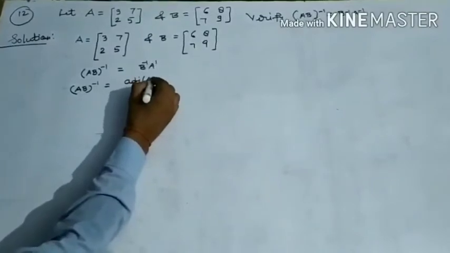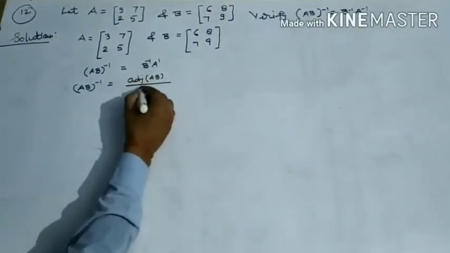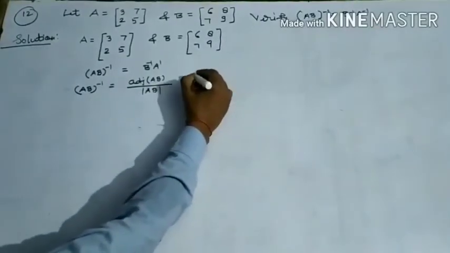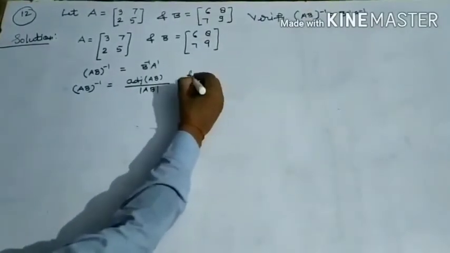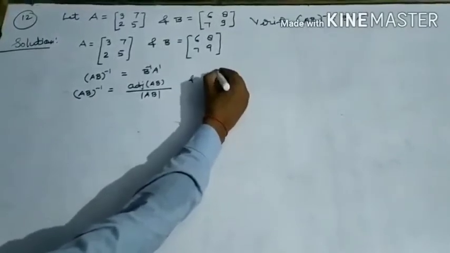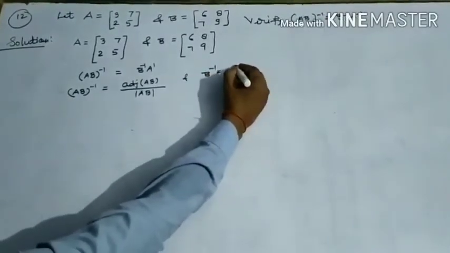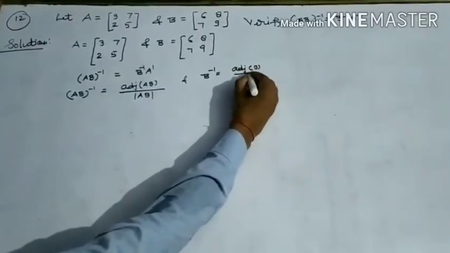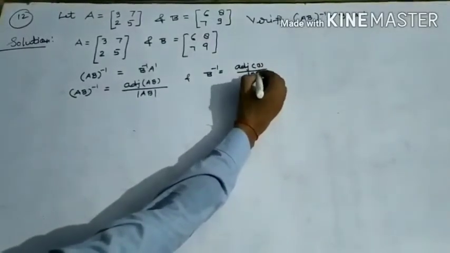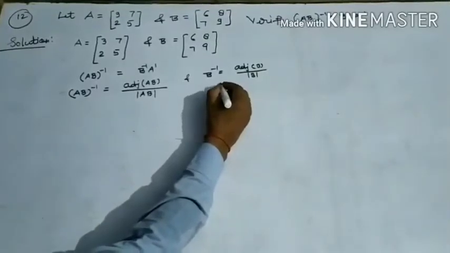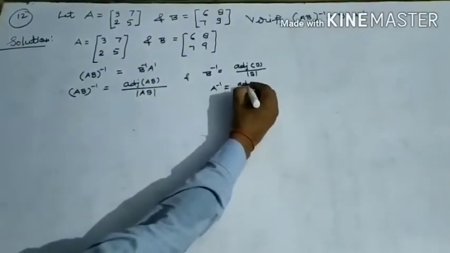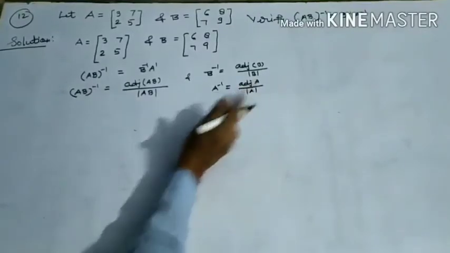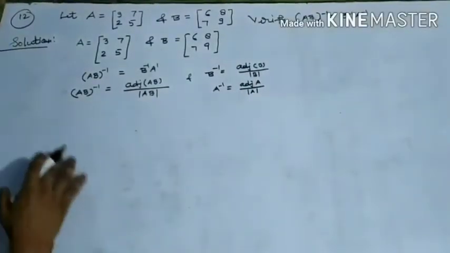adjoint of AB upon determinant of AB, and B inverse is equal to adjoint of B upon determinant of B. A inverse is equal to adjoint of A upon determinant of A. Now we want to calculate